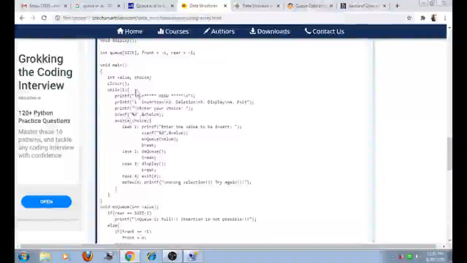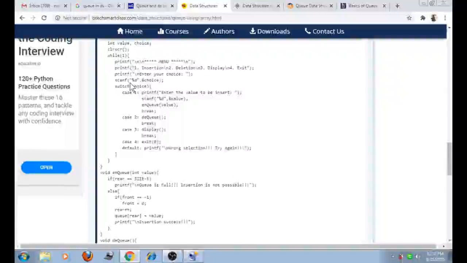Now in the main method I take two variables, value and choice. Now in the while loop I include the menu: 1 for insertion, 2 for deletion, 3 for display and 4 for exit. Now enter your choice. Here %d, ampersand choice. So in the switch case I add the 4 cases.